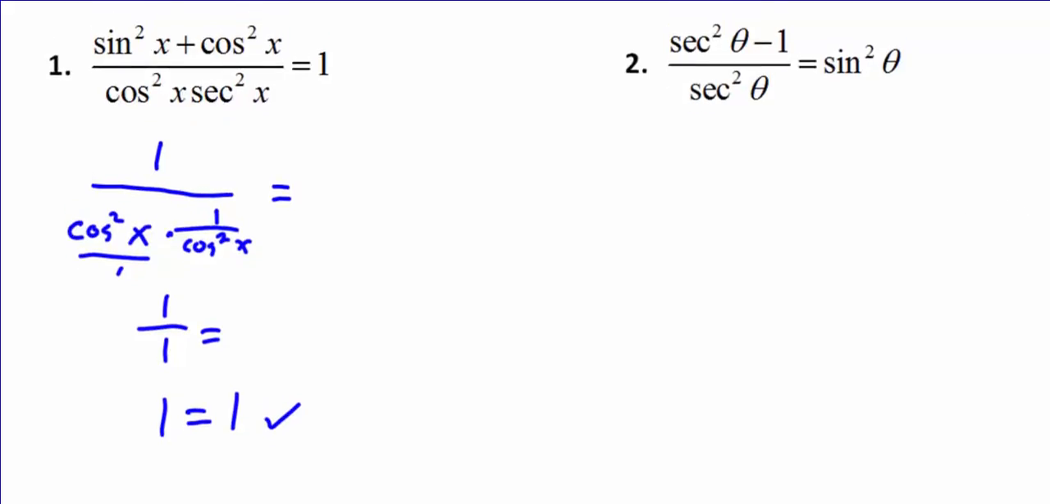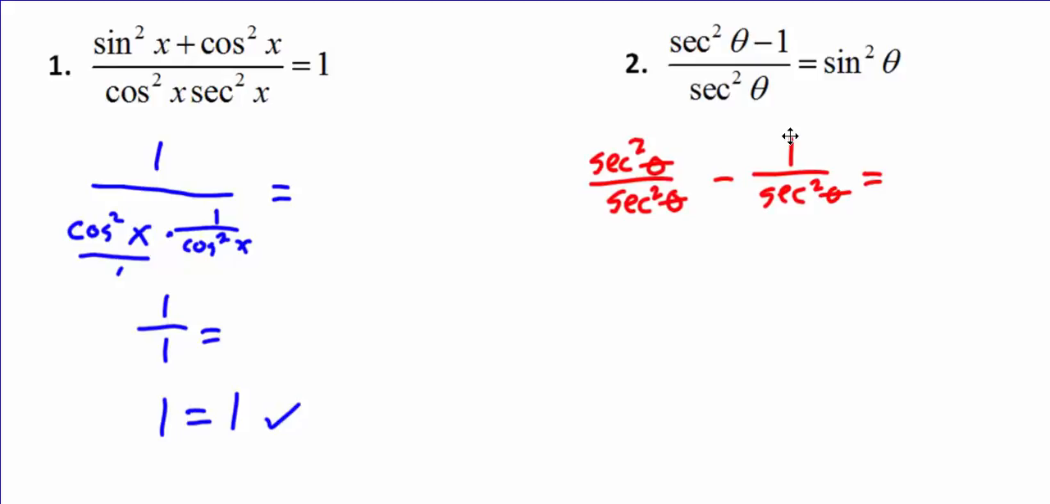Secant squared theta minus 1 over secant squared theta equals sine squared theta. Now I have to tell you, when I see this secant squared theta minus 1 in the numerator, I'm tempted to use the Pythagorean identity and change that to a tangent squared. That'll work, by the way, but I'm actually going to do it a little bit different way this time. I'm going to split apart the fraction. So I'm going to say secant squared theta over secant squared theta minus 1 over secant squared theta equals,